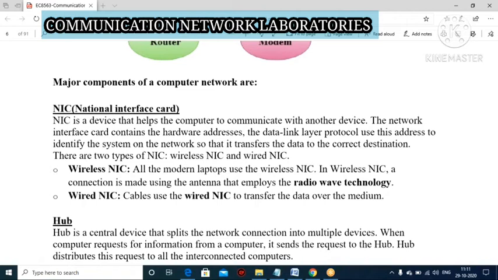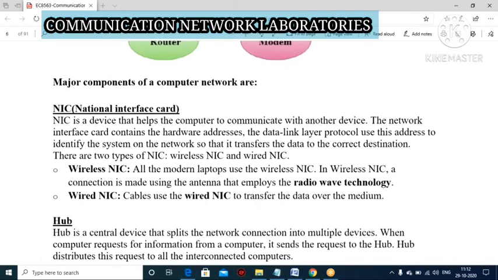Basically, NIC has two different types of network interface card. One is wireless NIC and another one is wired NIC. Wireless NIC means today we are all using laptops, mobile phones, tablets and all, so here we need only the wireless NIC. With the help of the wireless NIC, you can communicate with another mobile.